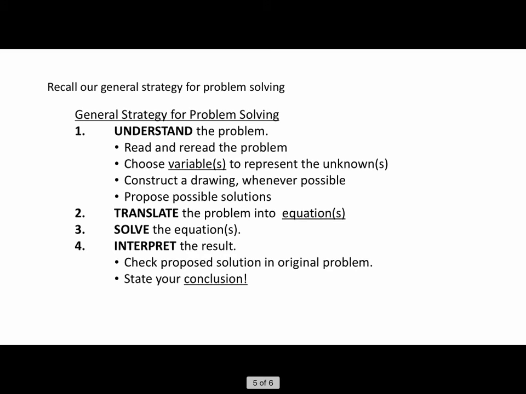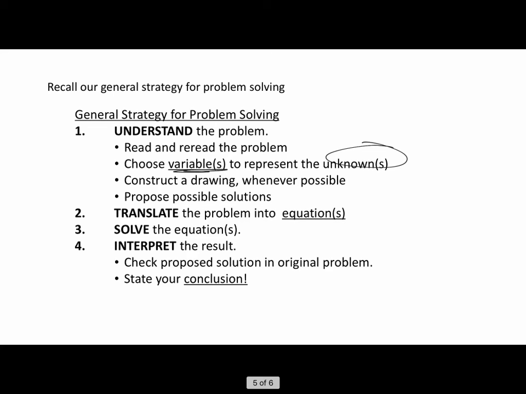Recall our general strategy for solving problems. First, we need to understand the problem by rereading the problem. Choose variables to represent any unknown quantities that you're being asked to find. Construct a drawing if you can. Propose possible solutions. If you're asked to find how much time it takes for the ball to hit the ground,